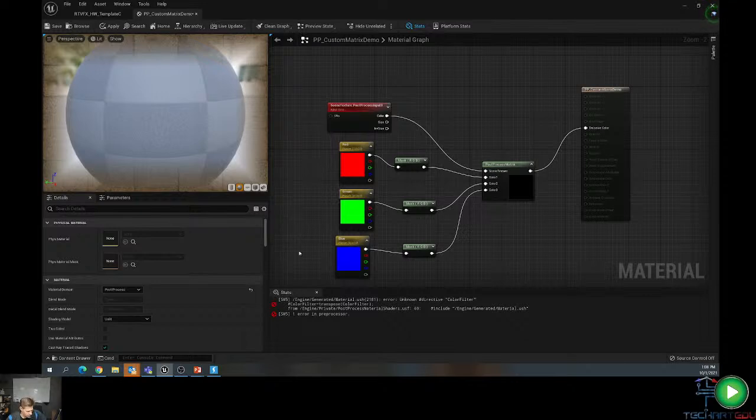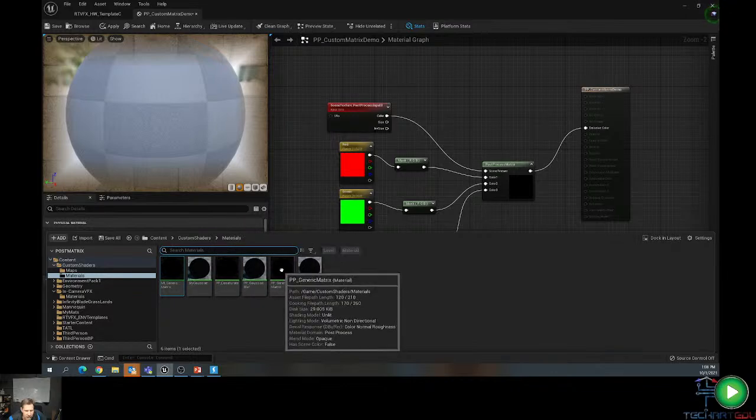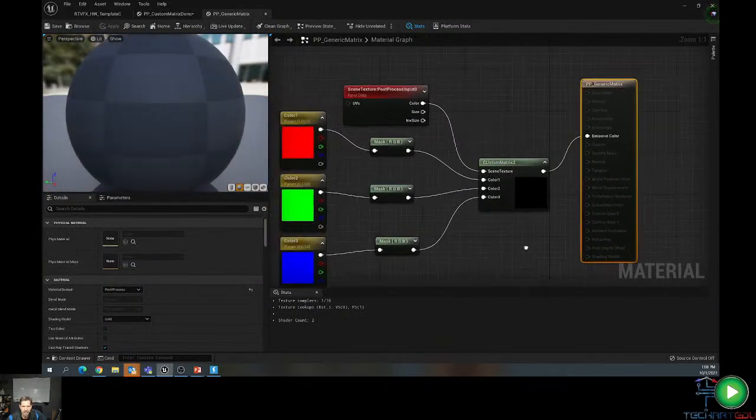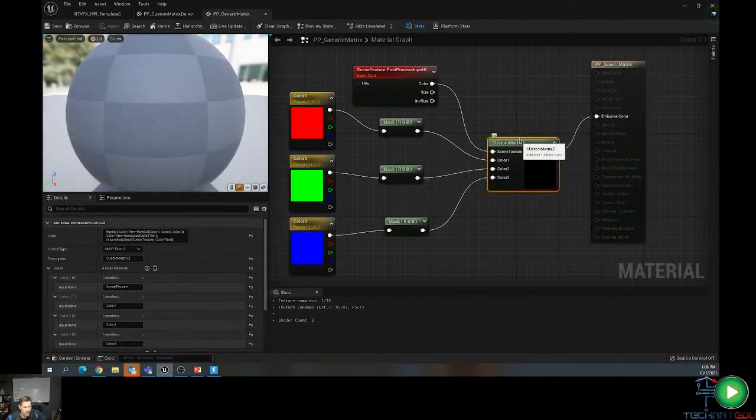So that's not what I wanted though. PP generic matrix. There we go. I don't know what the deal on that was, folks, but there it is. We have the PP generic matrix, and there it is, same exact darn shader, but it decided to start